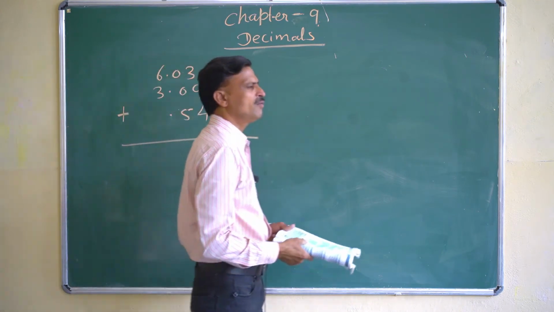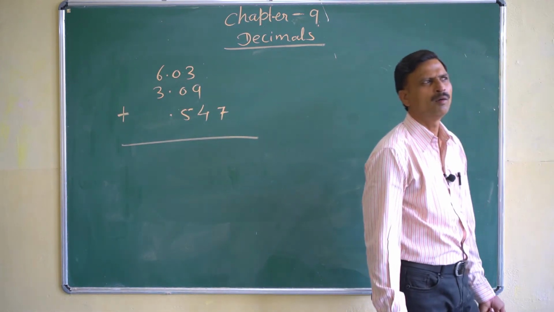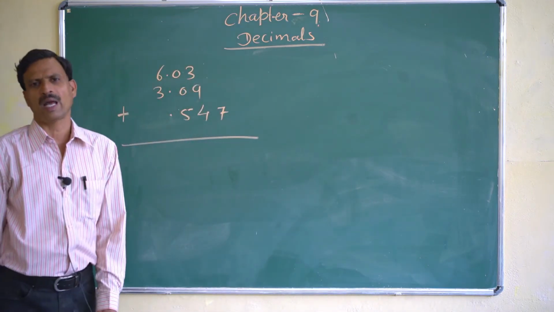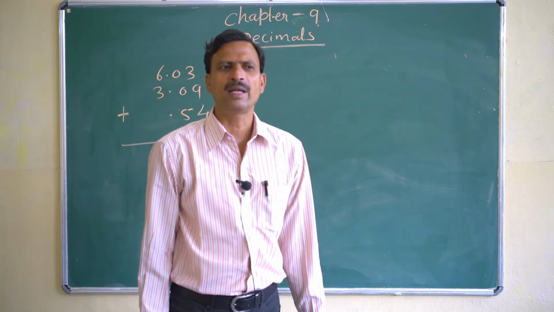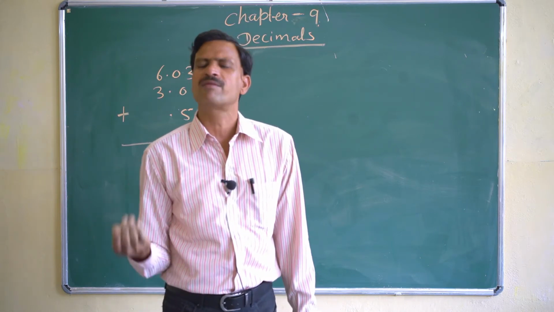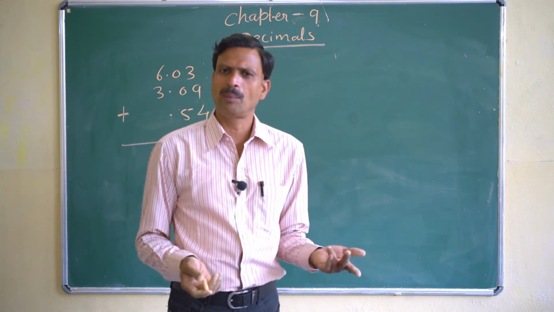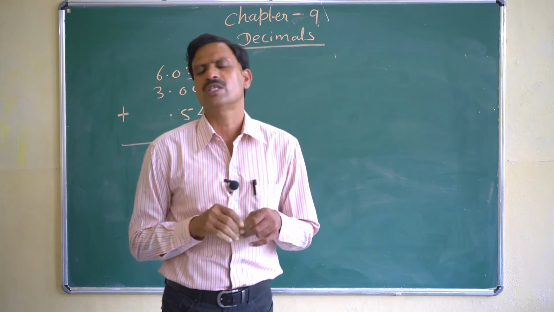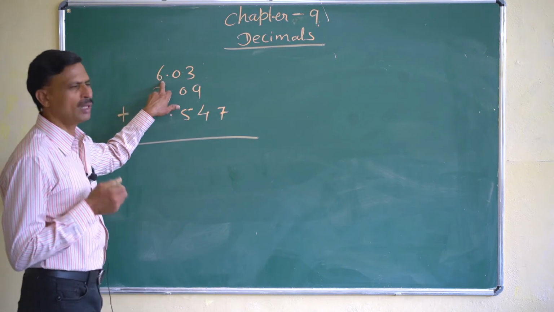Whenever we are adding or subtracting decimal numbers, one thing we should do is convert these numbers into like decimals. Now you'll see what the meaning of like decimals is. It's very easy: before the decimal and after the decimal. Before the decimal is the whole number part and after the decimal is the decimal part. In both, the number of digits must be the same. For example, see here, before the decimal, how many digits are there?